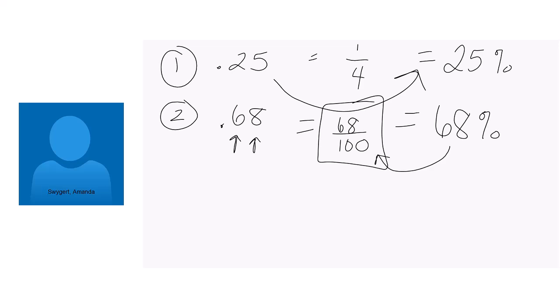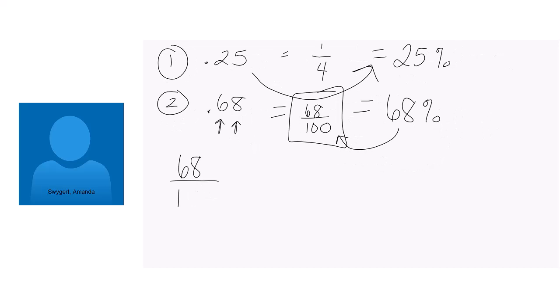To me, the easiest way to do it is just to start by dividing by a number that you know goes into both, regardless of how many steps it takes you. So if I just want to simplify or reduce this fraction, 68 over 100, well, I know that both those numbers are even. And if a number is even, I can divide it by 2. So if I do that for each one, 68 divided by 2 is 34. 100 divided by 2 is 50. Now, I ended up with even numbers again, so I could do this again. Both of them are divisible by 2. So 34 divided by 2, I get 17. And 50 divided by 2 is 25.